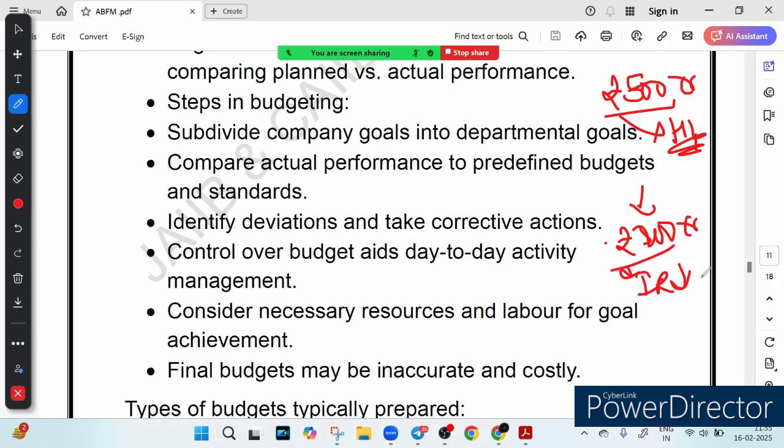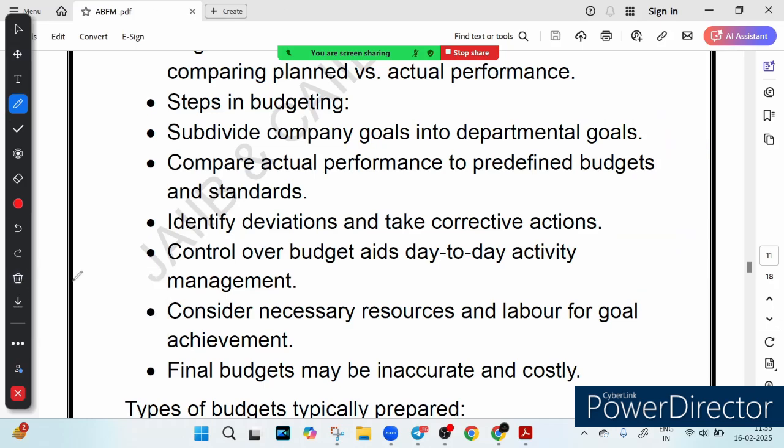So why is it important? Because it helps track progress and control cost. It ensures money is used wisely. It helps in day-to-day financial management. So what we learned till now is that budgeting is not just about planning. It is about constant monitoring and correction. That is what we know about it.